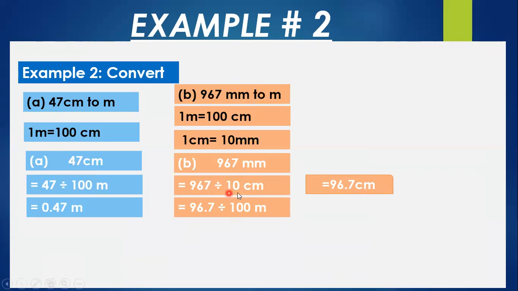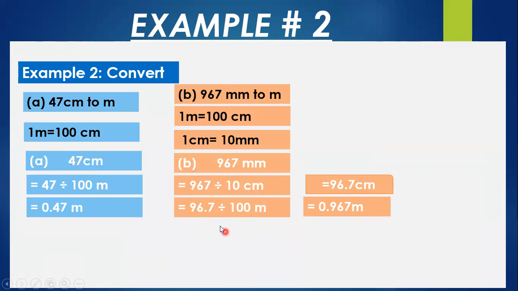When you divide it by 10, you will get the answer 96.7 centimeters. Then 96.7 centimeters converted into meters. When you convert into meter, you have to divide it by 100 here. So you will get the answer here